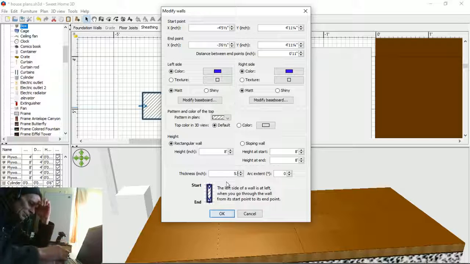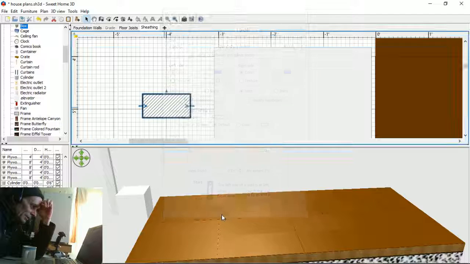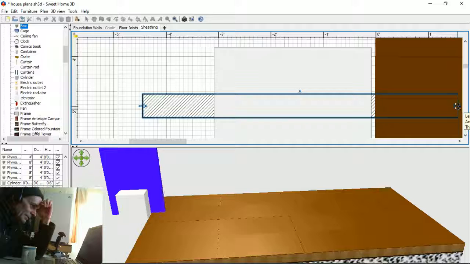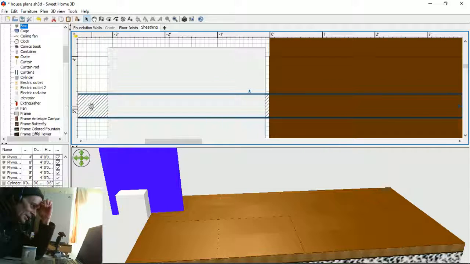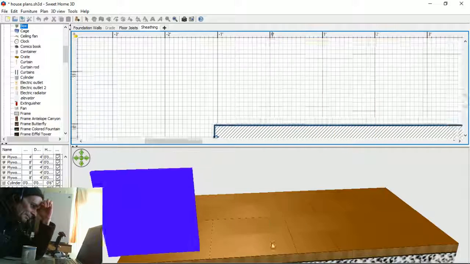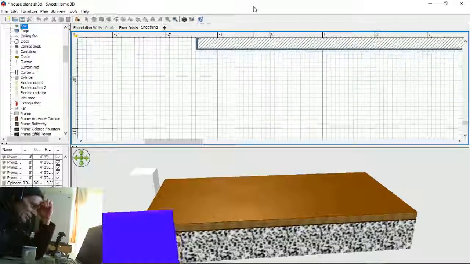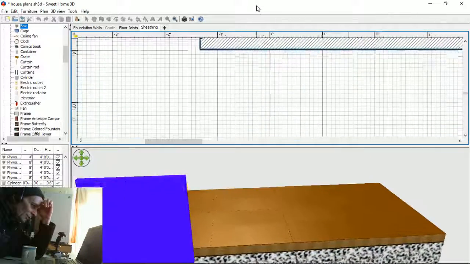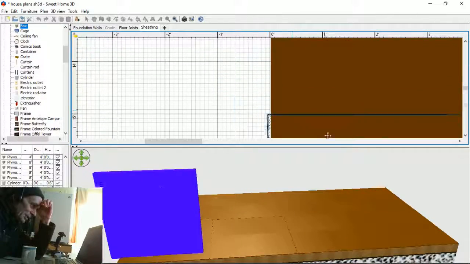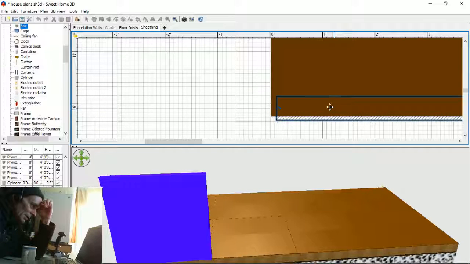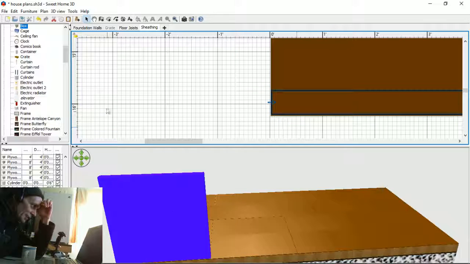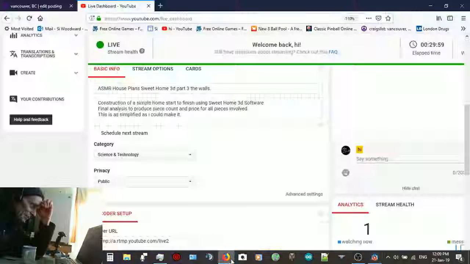It's 5.5 inches. So we change that to 5.5, and this will actually make a solid wall. So if I change that, now you can see it's blue. If I take this and I extend it, you can see there's a wall there. I can take that wall and I can just pretty much position it. But the problem with that is I'm really not going to get to see how to build a wall. But it's a very, very handy tool, because afterwards I can use that to construct that picture image that